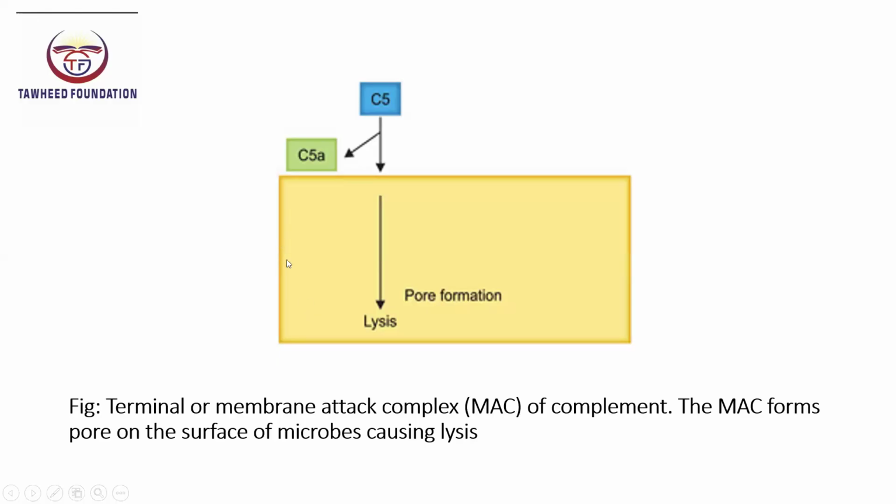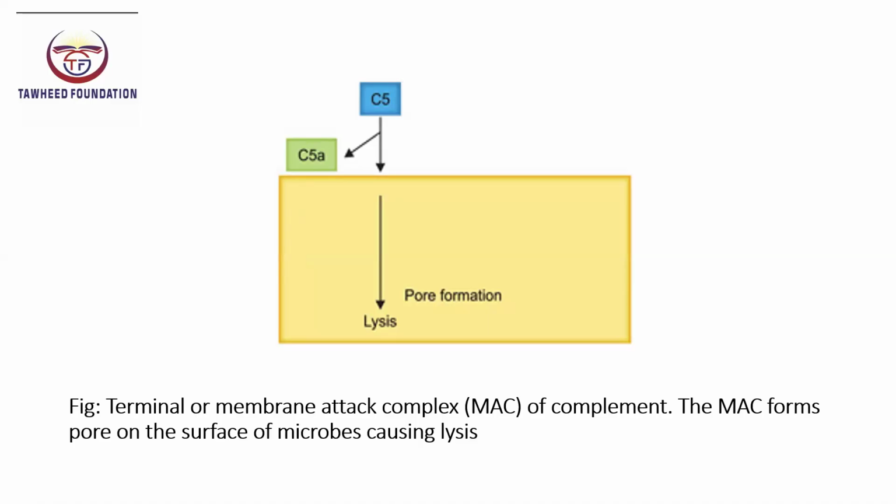First, activation begins. All three pathways, that is classical, alternative, and lectin, converge to form a C5 convertase. This enzyme cleaves C5 into C5a, an inflammatory signaling molecule, and C5b, the scaffold for MAC